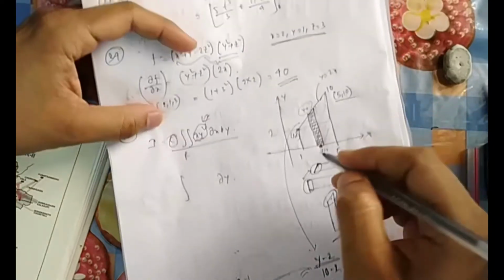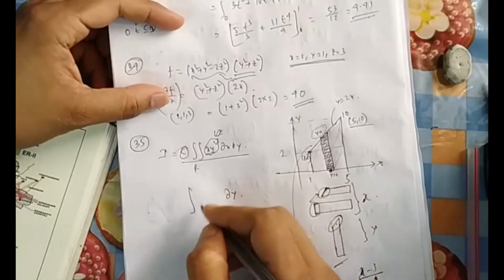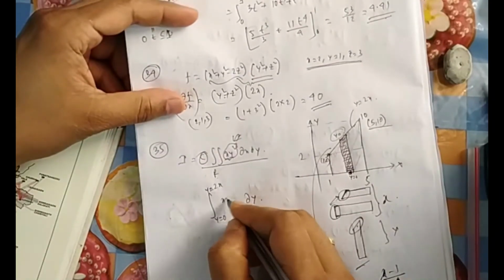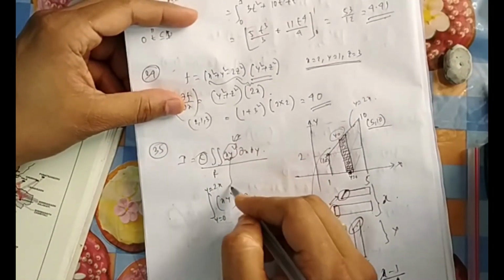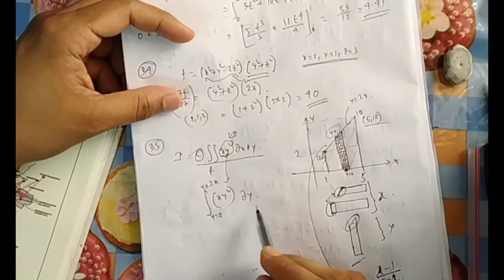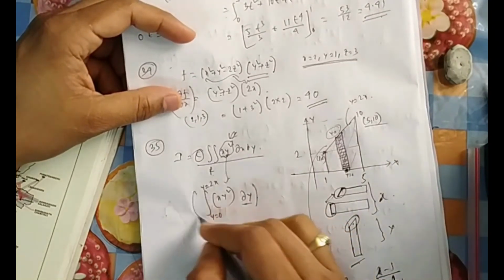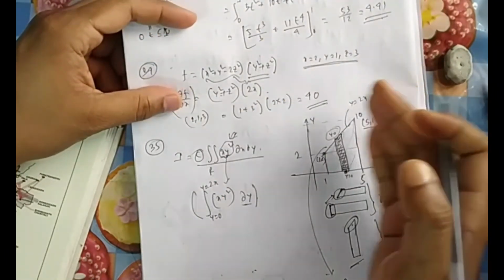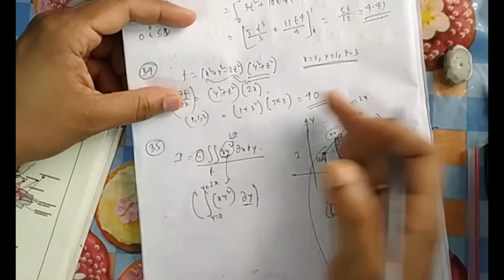So what was I saying? I am preparing the broom. So y equal to 0 to y equal to 2x. The broom is ready. So what is the function? You need to define it and integrate. This remains the same, this you will integrate, first with respect to y, then the broom is prepared. Then what will you do? You will sweep the broom. First you prepare the broom, ready your broom, then you sweep it.